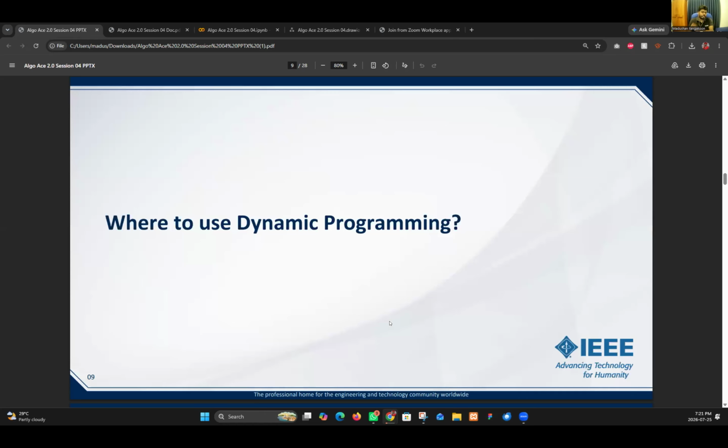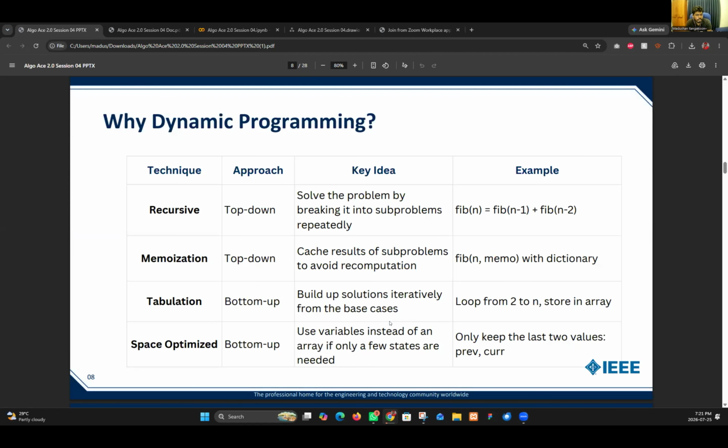Okay, this is the major thing. Now you learn the names, only the names. Huh? You will do the practicals. Now you learn these kinds of words: there is recursive, there is memoization, there is tabulation. Can we use all of them together on a single question? If we can, it would be better.